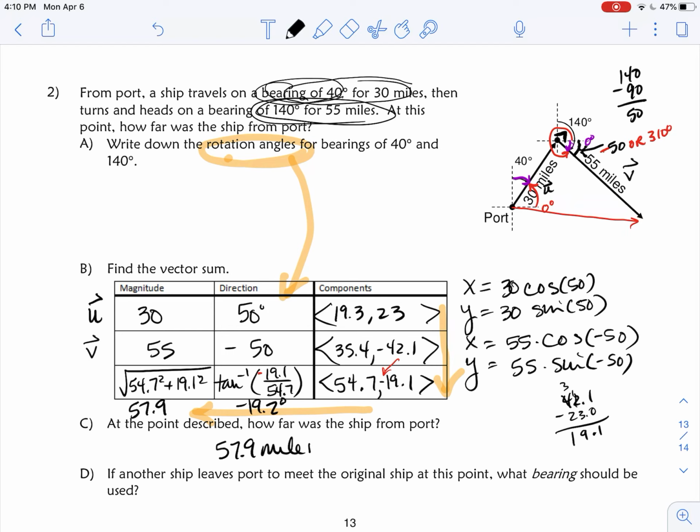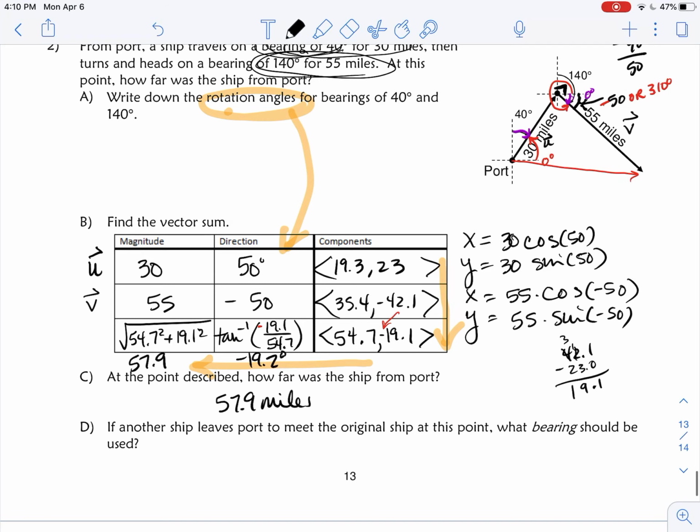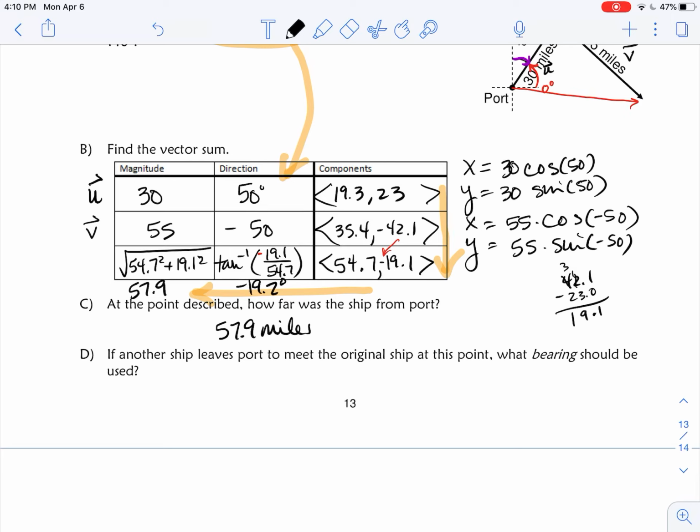Okay, so question C says, at the point, describe how far is the ship from port, 57.9 miles. That is the magnitude, that is the length of the resultant vector. And it says, if another ship leaves port to meet the original ship, what bearing should be used? Okay, so this one's a little different. I'm going to draw a picture for this one. Negative 19.2 degrees is just an angle a little bit below the x-axis. Remember, this is a rotation angle, so this is my negative 19.2 degrees. It's a little bit below the x-axis